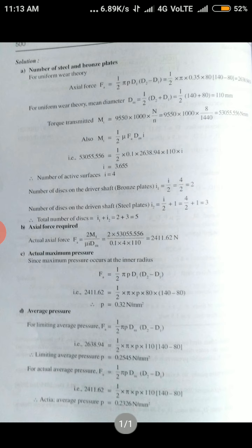So just to go through these three problems, very simple problems. In the next class we'll see some more problems. Okay, so take your notebook, use a calculator and solve these one by one. You may feel these are very simple problems, design of clutches, 10 marks. In the next class we'll take some more problems and finish the design of clutches.